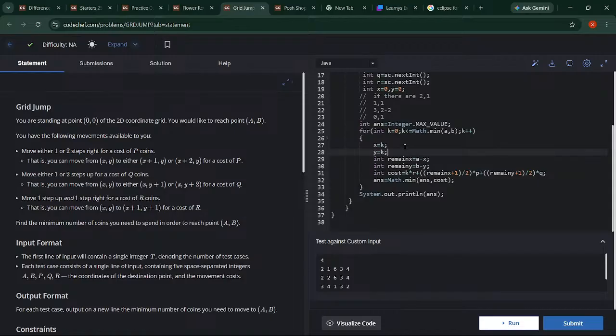ओके, तो करेंटली हम लोग 0,0 पे हैं अकॉर्डिंग टू आवर टेस्ट पॉइंट। 0,0 पे।